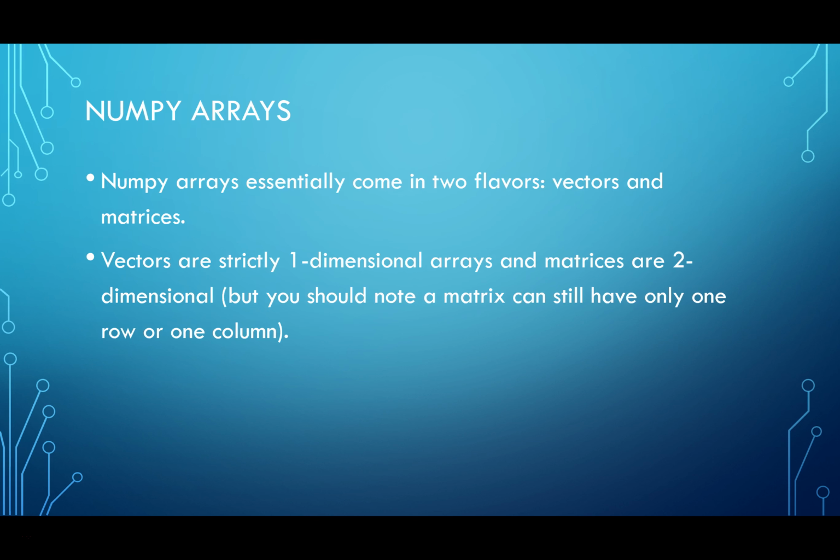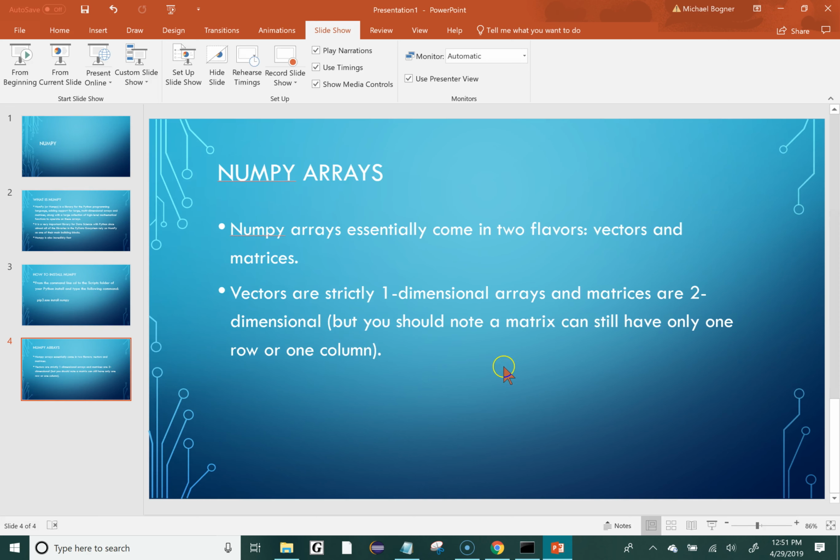So the main thing that NumPy provides is the ability to work with very large arrays. NumPy arrays essentially come in two flavors. There's either vectors or matrices. Vectors are strictly one-dimensional arrays and matrices are two-dimensional, but you should note a matrix can still have only one row or one column. So what we're going to do next is actually go into Python and